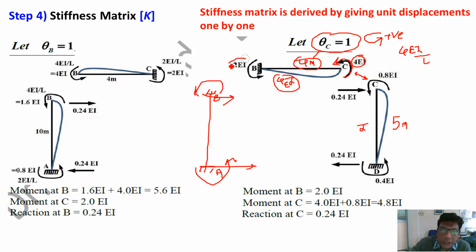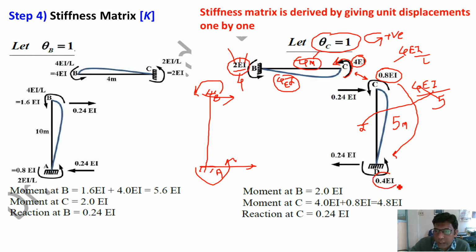Okay, and 2EI by L, it is 2 into E into 4I, 2 into 4, 8 divided by L equal to 4. So it is 2EI moment. Similarly on the right column, 4EI by L, with I only here, divided by L equal to 5. So 4 upon 5 it is 0.8EI. Half of that at the other end, it is 0.4EI, that is 2EI by L. 2EI by L is half of 4EI by L. So 0.8 divided by 2, it is 0.4EI.